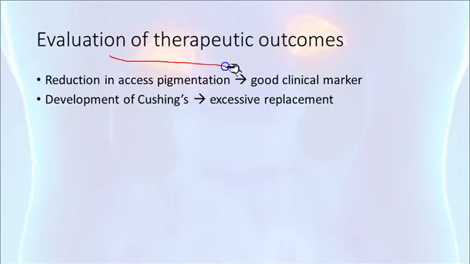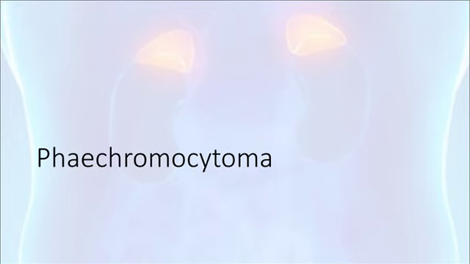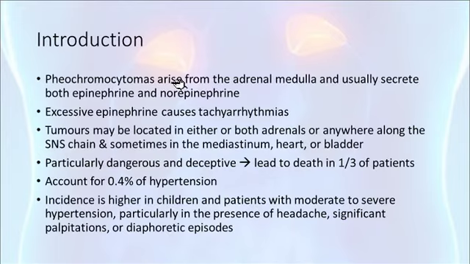Evaluation of therapeutic outcomes. One should look for a reduction in excessive pigmentation, which is a good clinical marker, and development of Cushing syndrome, which could indicate excessive replacement of glucocorticosteroid levels. Pheochromocytoma is the last condition that we'll discuss. Remember that pheochromocytomas